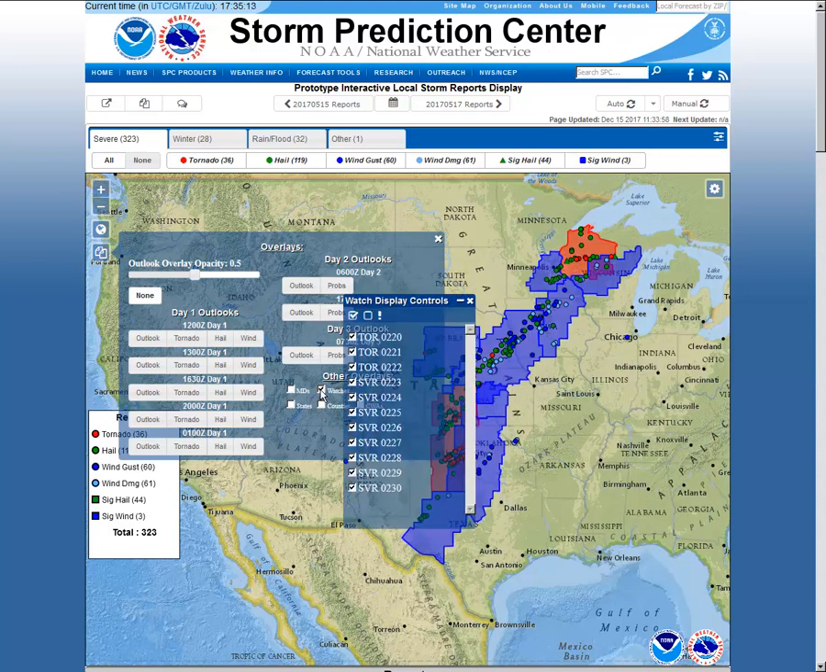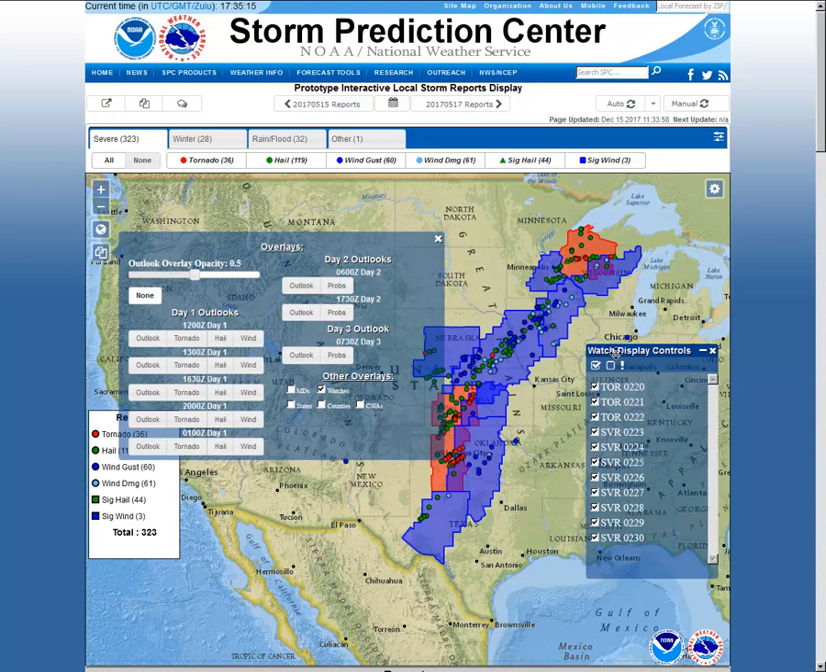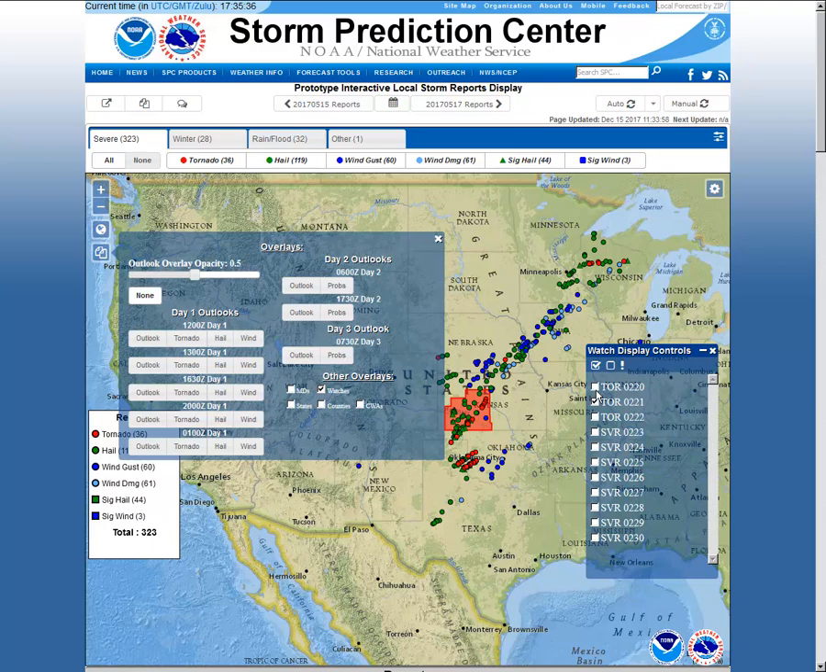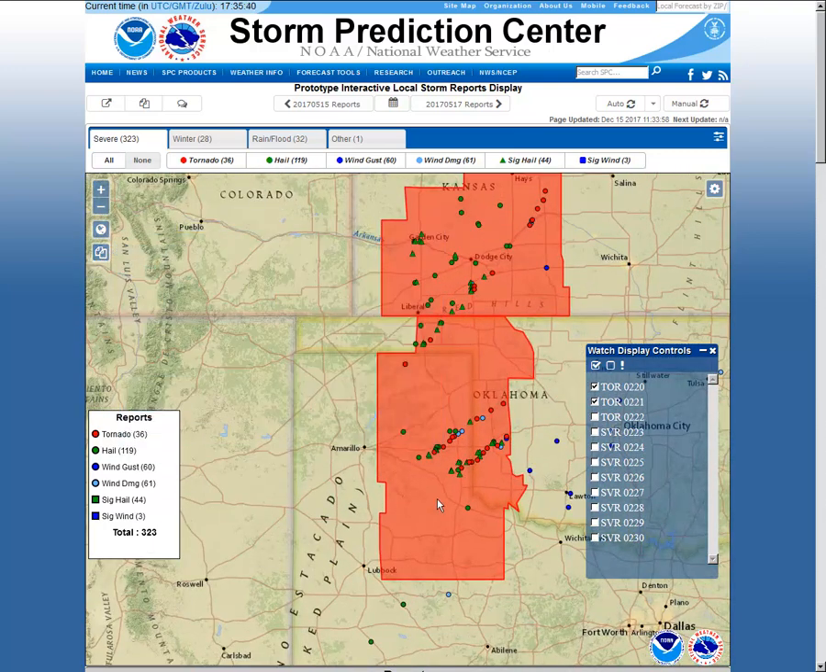Something else we've added to the page is the ability to plot watches. This was actually much requested by the forecasters here, and is a great tool to help with situational awareness. And so you can plot active watches just like you could with MDs. Obviously, in this case, there's not going to be any active watches because we're looking at a day in the past. But it's really cool to be able to go in here and see just the reports that have shown up